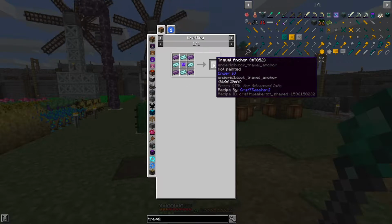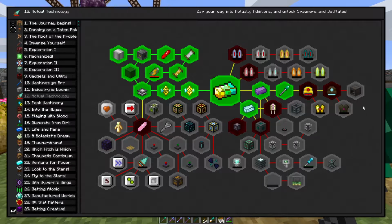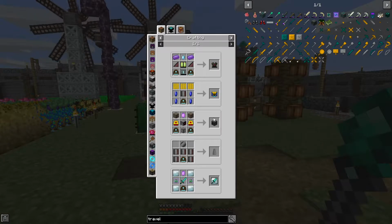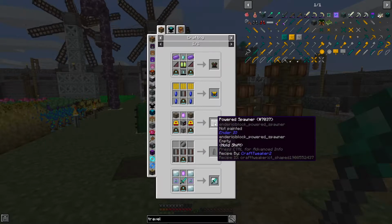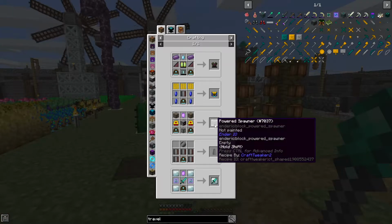Probably that would be a good idea. But travel anchors will definitely help when we want to move around our base. So I need to make thrusters for the, it must be in the recipe. Yeah, powered spawner needs thrusters and things. But the good thing about this is you can get the soul vials directly from the powered spawner. So that's probably what we'll have to do to make more